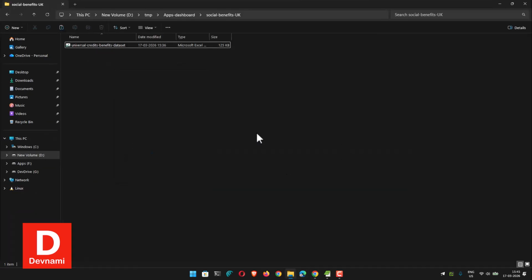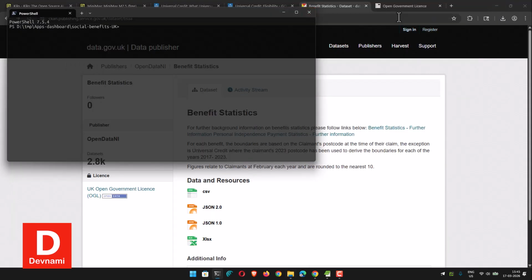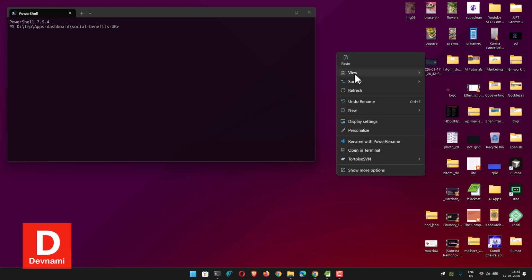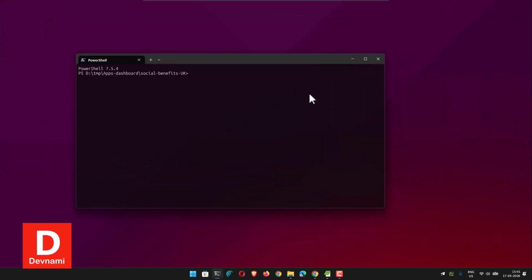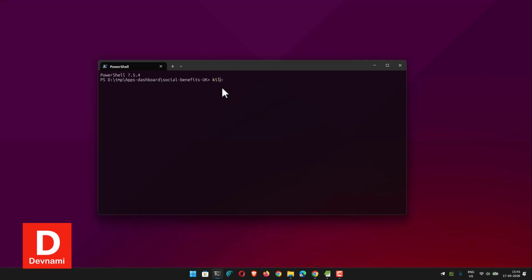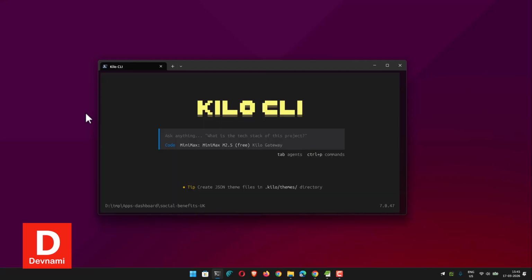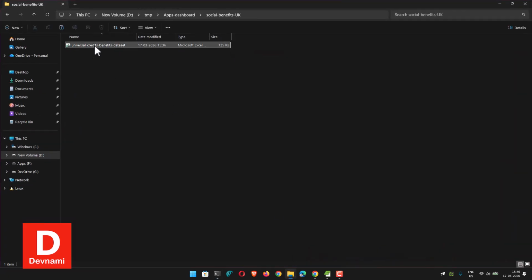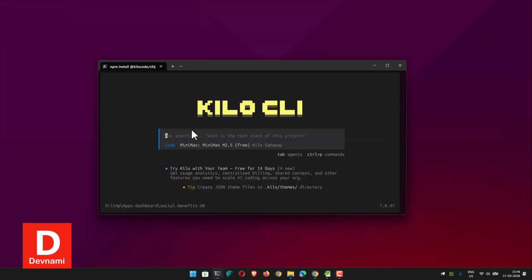So we have to open the terminal in this directory where we have the dataset. Let me make it look clean, and here let's type in Kilo, right? We should open this Kilo. I have already selected this particular Minimax model, which is free, right? Now what we have to do is, this is a very large name, let me rename it, but alternatively I can just copy it, right? So what is this? I will just type in